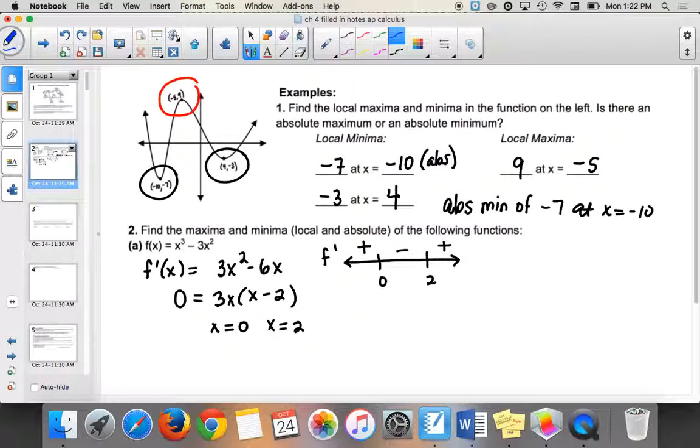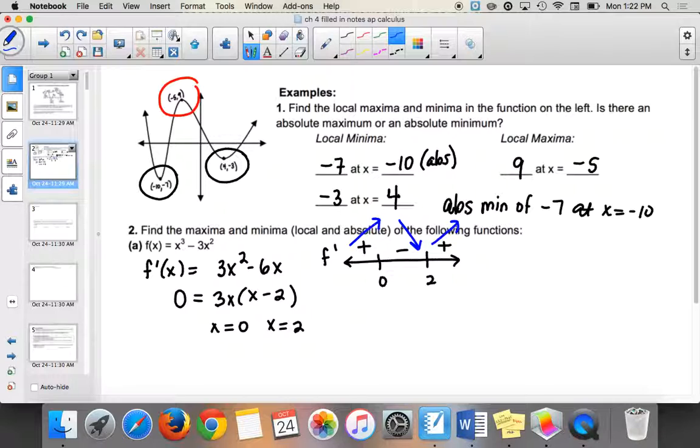So this means that my original function is increasing, then decreasing, then increasing, because these little pluses and minuses mean my slope is positive, then my slope is negative, and then my slope is positive. Yeah, great. But if you're plugging into the f prime, couldn't you also plug it into the one above it? You could. It's just going to be easier to plug into the factored form because you're just going to have a bunch of positives and negatives multiplied together. But if you plug 3 into this factored form, you should get the same thing.